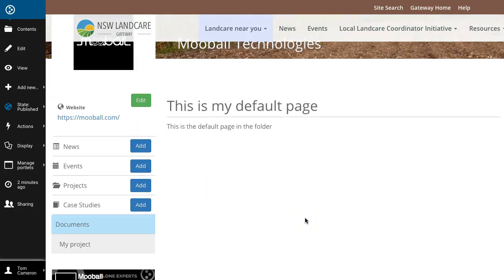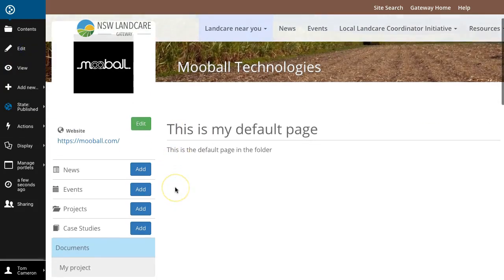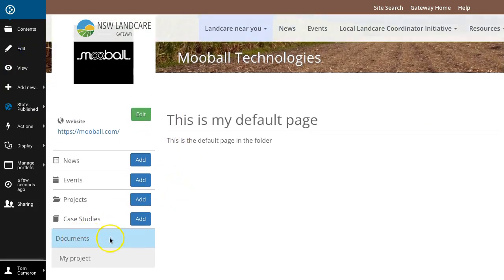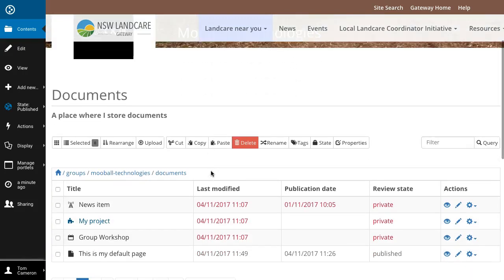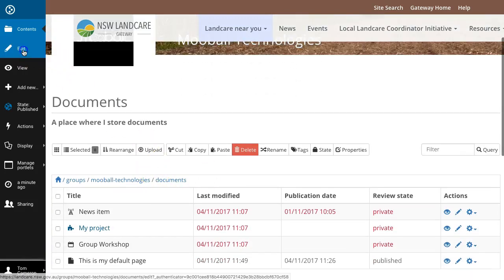Now, one small feature I'd like to demonstrate before we finish is the ability to hide this folder from navigation. Now, this can be done with any content. So I would like to remove this particular folder from the left navigation. So what I'll do first of all, just making sure that I'm in the context of the folder, I will go to the Edit link